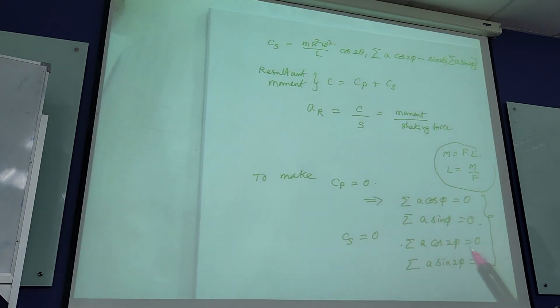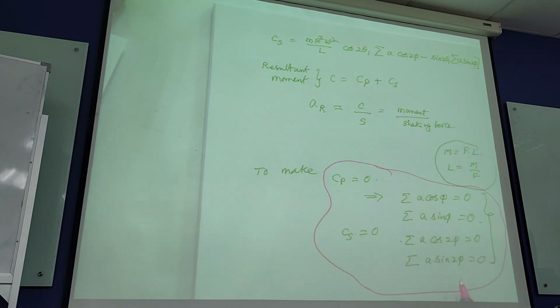Similarly, to make the resultant primary movement and secondary movement zero, you have to make sure that